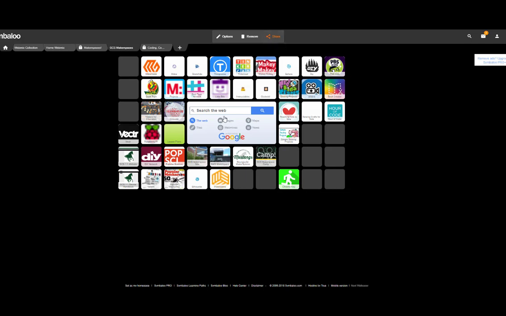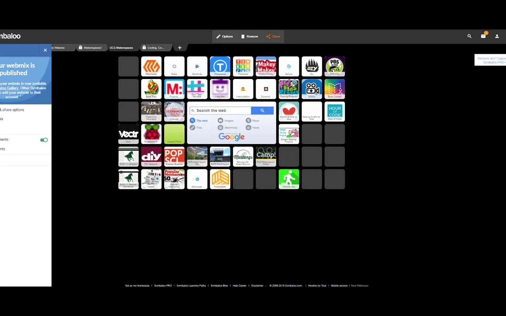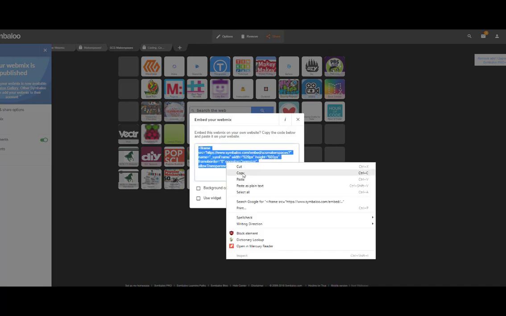However, if you want it to look like this on your page, we're going to look for the code. In most places, wherever you're creating something, a lot of applications do have a code for you to share, to embed. So when I click on the share, I'm going to look and try to get the shareable link. So here it says embed the code. So when I click on embed the code, I'm going to get this code,